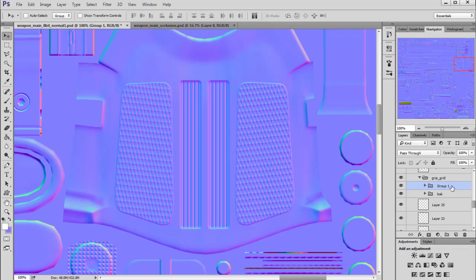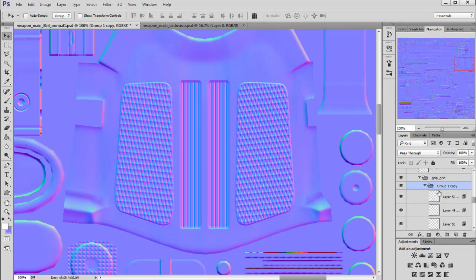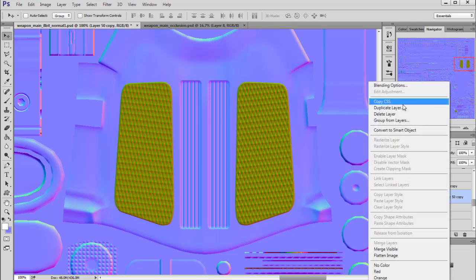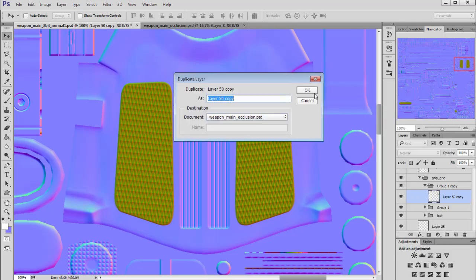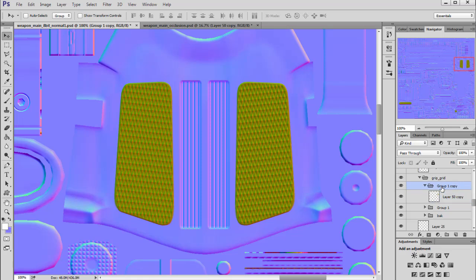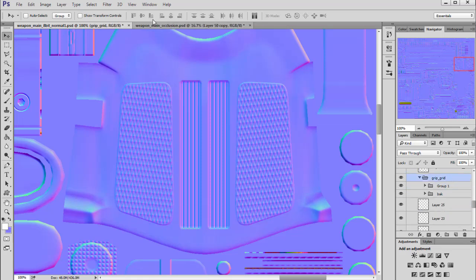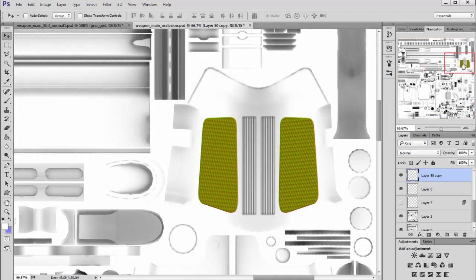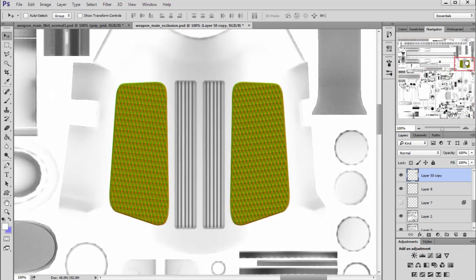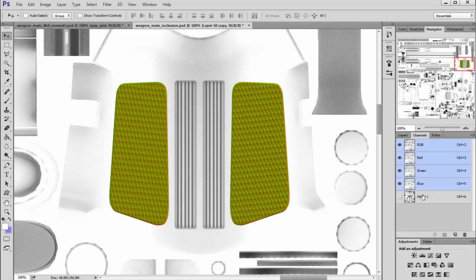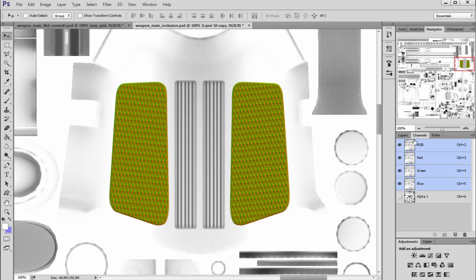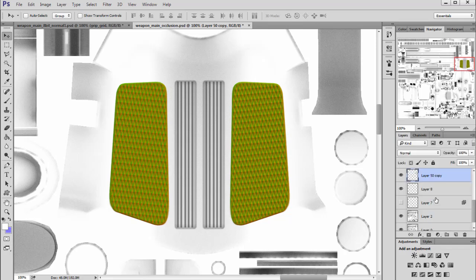And it's really a good idea to extract an ambient occlusion map from this normal map, and of course add it to the ambient occlusion map. So you can see I'm just duplicating this normal map that I've created for this grip, and I've put this normal map to the ambient occlusion map,